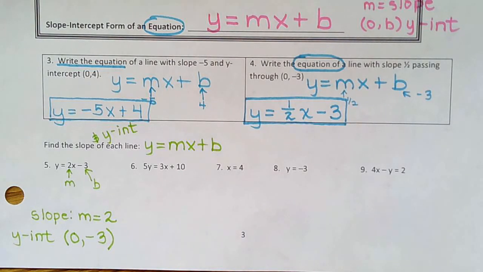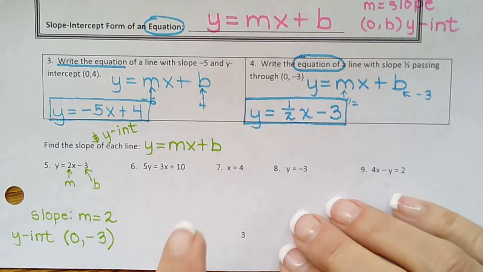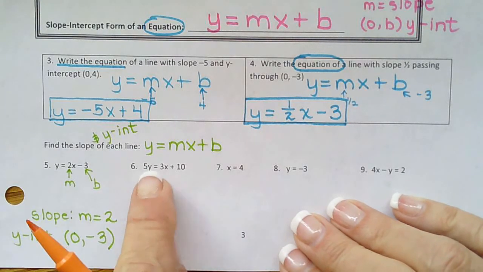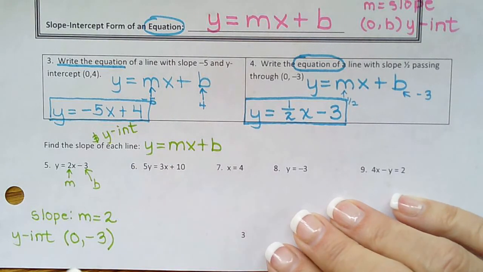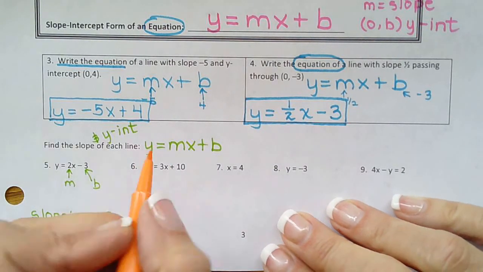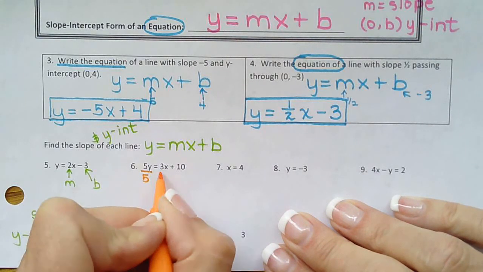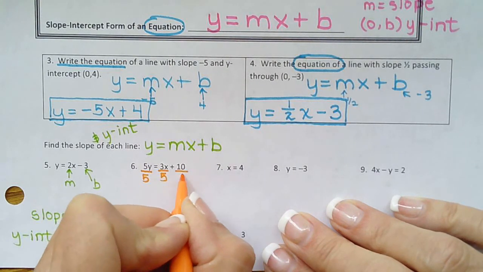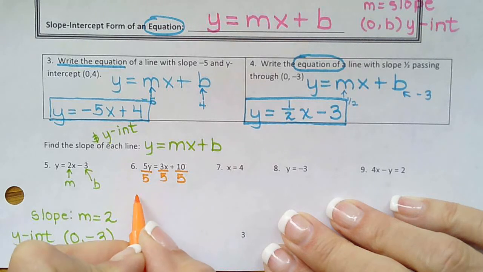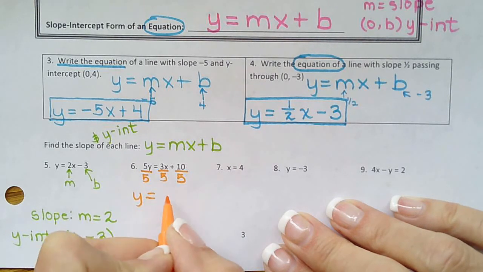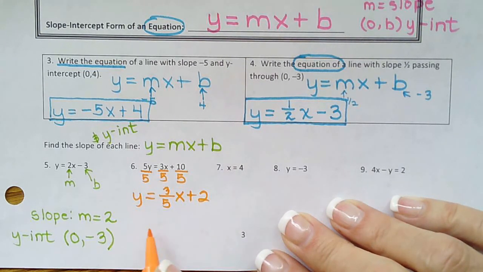Okay, the next equation is not solved for y. So then in my head, I think, well, I have to have y alone before I can read the information from it. So do the opposite to get y alone, which means divide every single term by 5. So I get y equals 3/5 x plus 2. So my slope